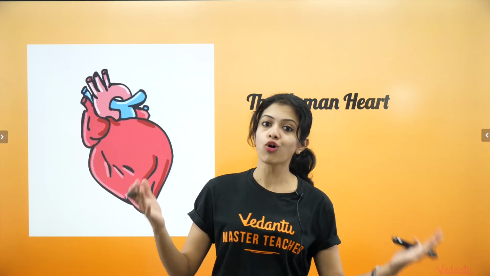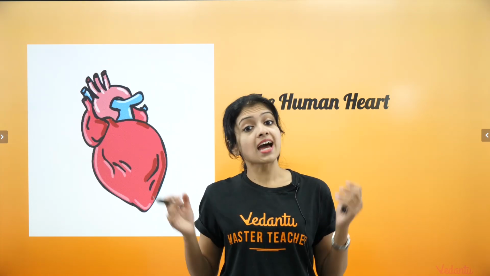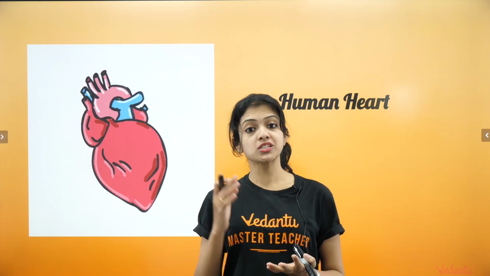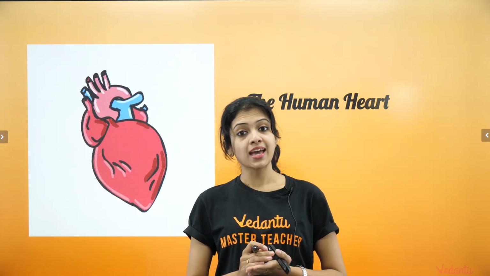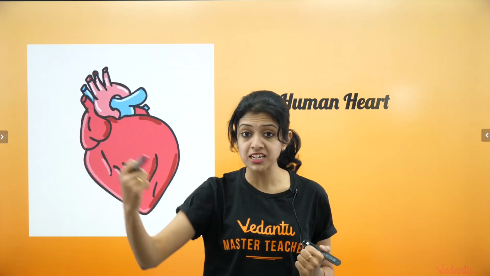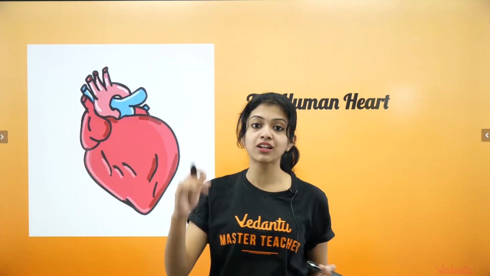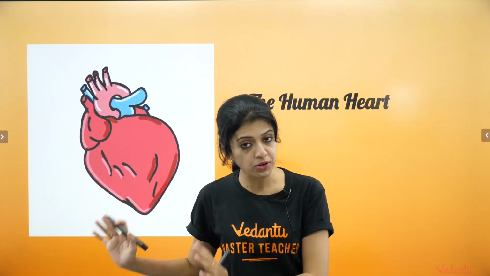Well, that said, life processes in general are all the processes in your body that are required to sustain your life, right? So that would include digestion, respiration, circulation, excretion, and of course your nervous system and endocrine glands. Reproduction, on the contrary, is required for the survival or continuation of a species. It's not required for the survival of an individual organism. So reproduction is a totally separate unit. We don't consider that as a life process.